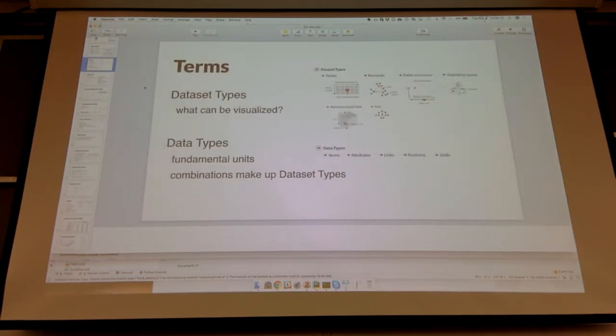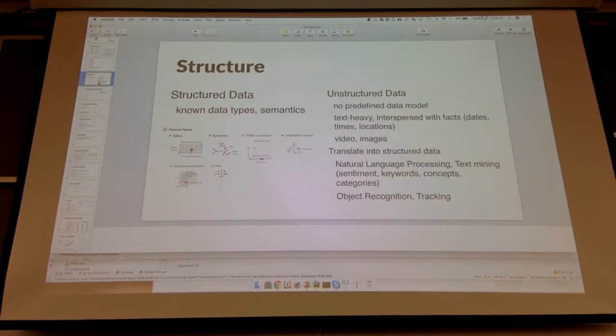So we talked about data and data types, and we distinguished between data set types and data types last time. Our major data set types were tables, networks, fields, and geometry, and the subclasses are again multidimensional tables and trees for graphs. And then we talked about structured versus unstructured data. Structured data are these data types. Unstructured data are things like text and video. And I said that to visualize unstructured data, we first have to infer structure, which is not the